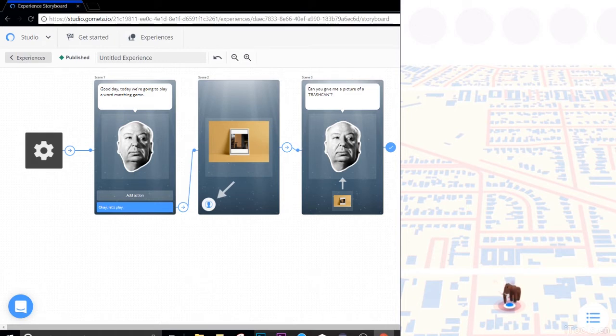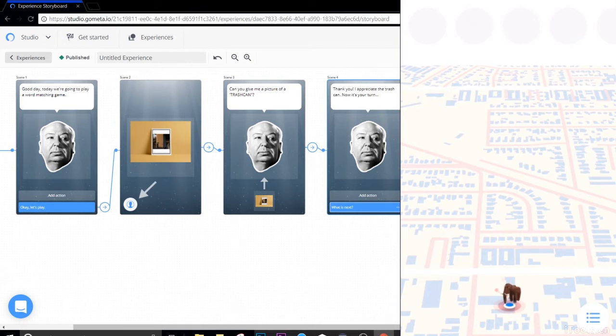Alfred Hitchcock was the master of suspense. Want to make everything he says cryptic and weird. Okay, so now it's your turn. So now, in the response, you can say, what is next? Question mark. And so now in scene 5,